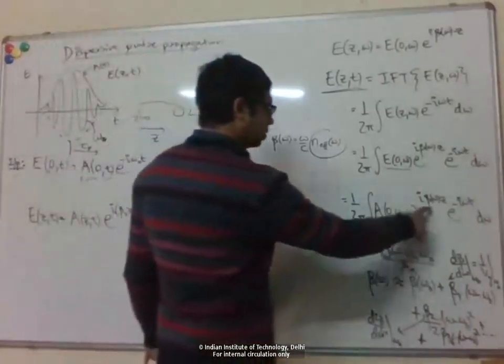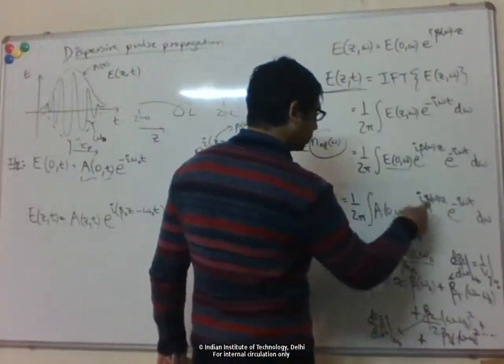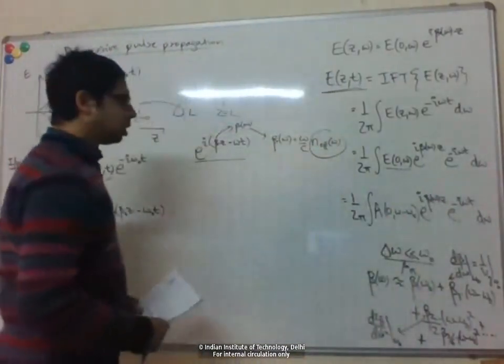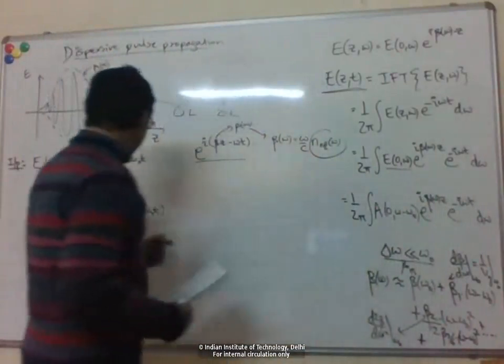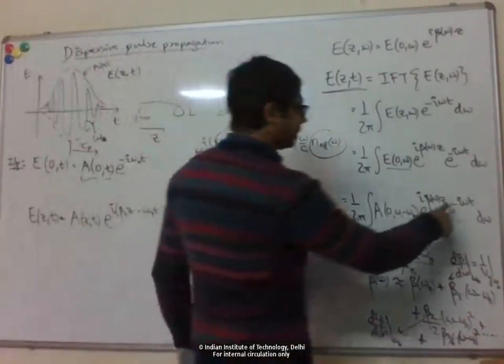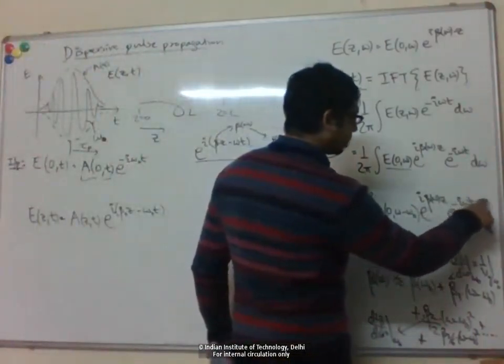So for this beta of omega, I'll have a beta naught. So I'll get e to the i beta naught z. So that's independent of frequency. I can just take that out, right? And I also take out a factor of e to the minus i omega naught t, right? So that means here I'll get an e to the minus i omega minus omega naught t,